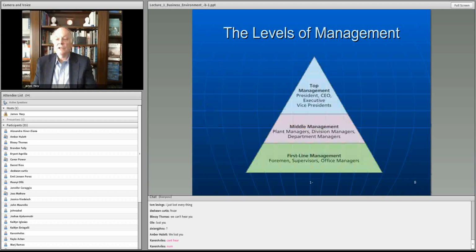There's also levels in management. By and large, we tend to think about the first line managers, which are the people that you meet when you walk in and you go to a store and something happens to your order and you say, I want to talk to the manager, right? The shift manager, or the person that you report to if you're working in a fast food place or a retail shop. Those are your first line managers. They have what are called individual contributors that report to them.